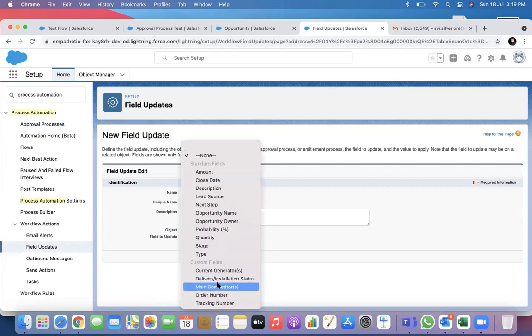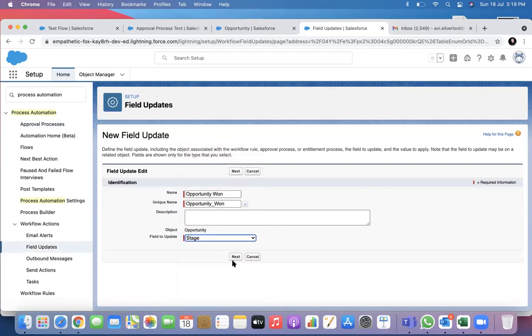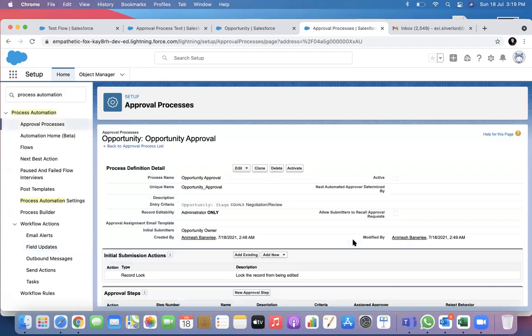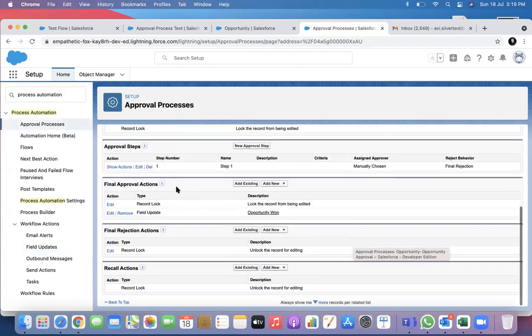Field to update is opportunity stage. What will I change this value to? Closed won. So if final approval, when the approval is done, I will update the opportunity stage to closed won.